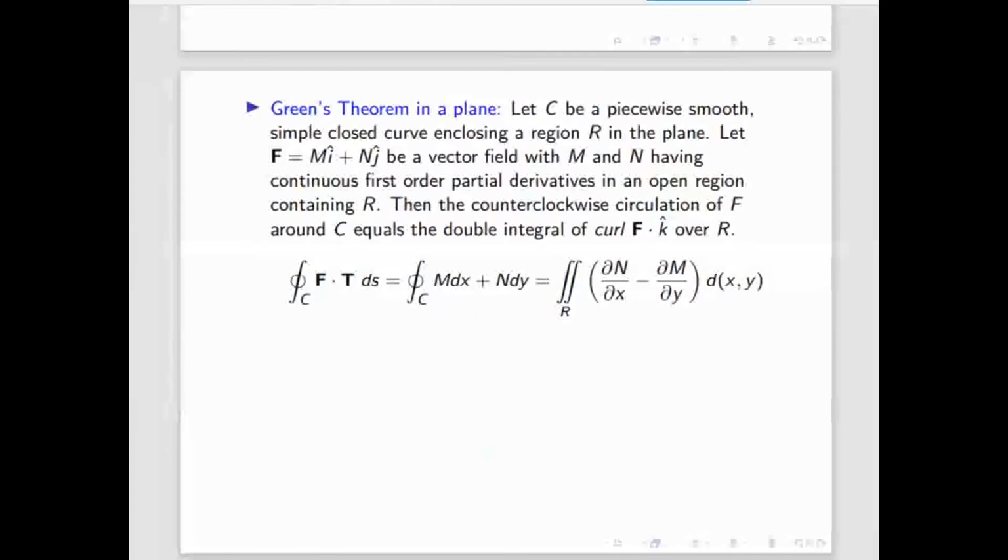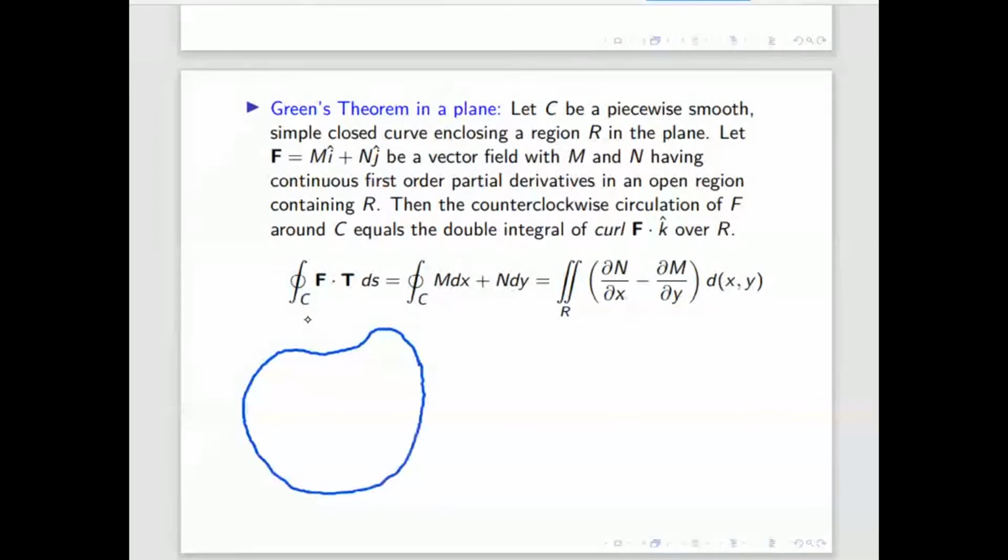Here we have seen the different forms of the line integral. You can write it as F dot dr or any form, all are the same. And this circle represents that it is a closed curve, not a normal curve. Suppose C is the closed curve. This is the picture of C, the closed curve.